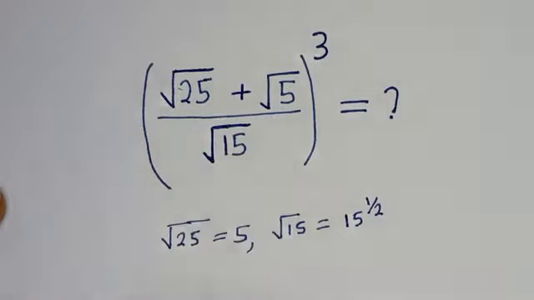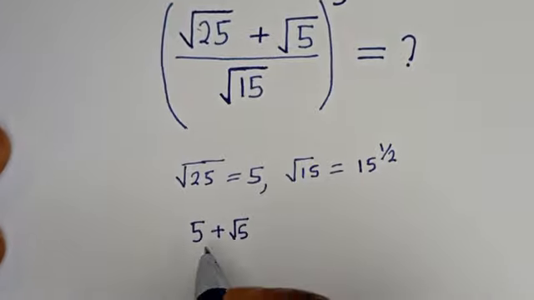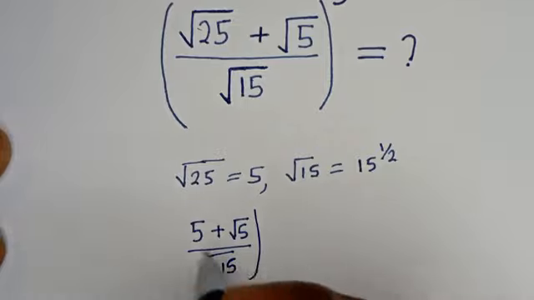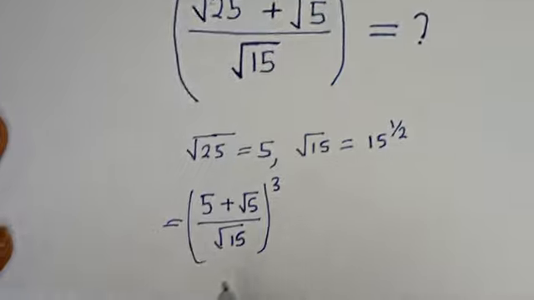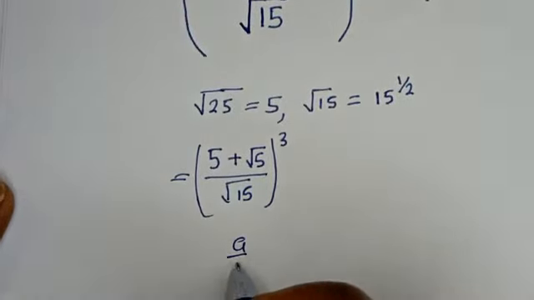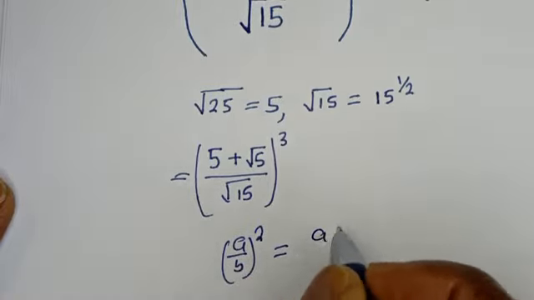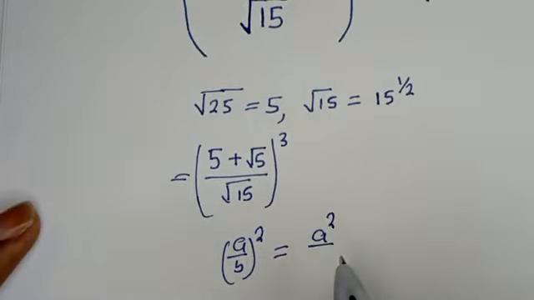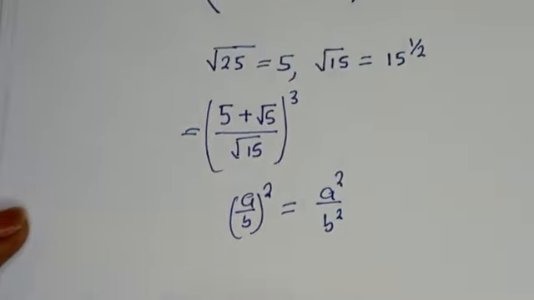Then this can be written as 5 plus square root of 5, divided by square root of 15, all to the power of 3. If you have a divided by b to the power of 2, this is equal to a square divided by b square. Then this can be written as